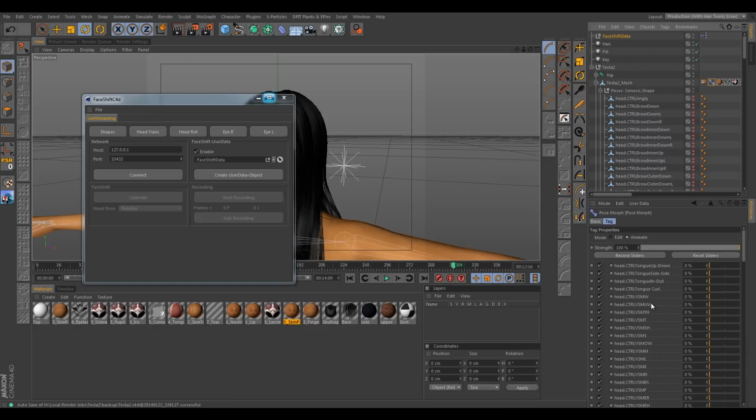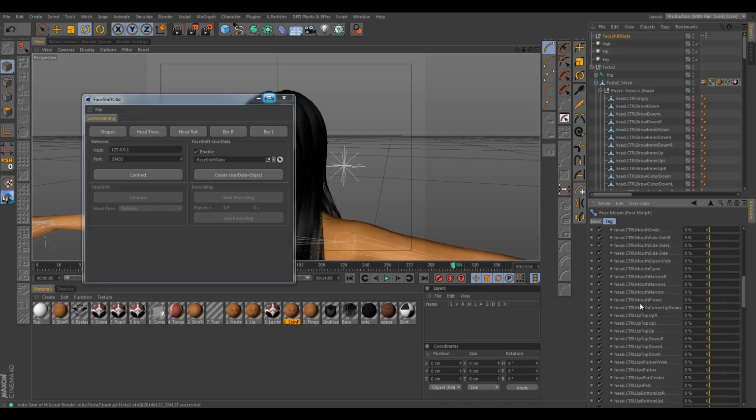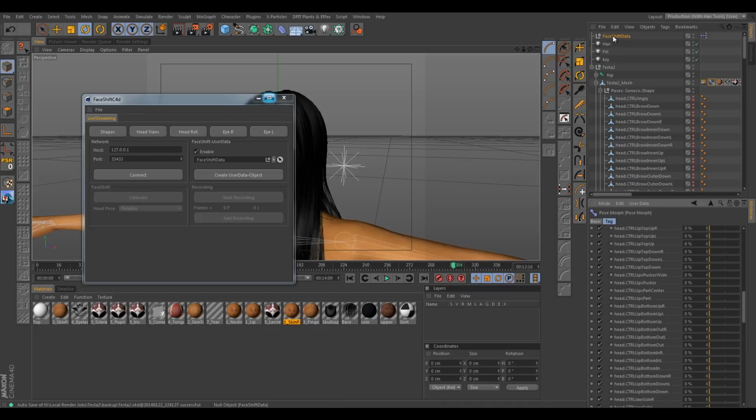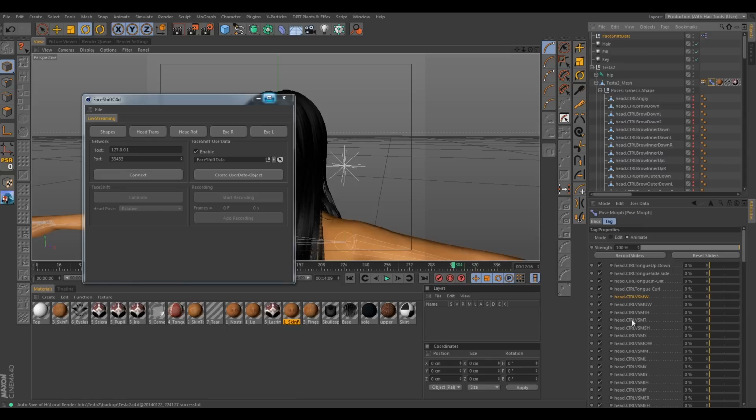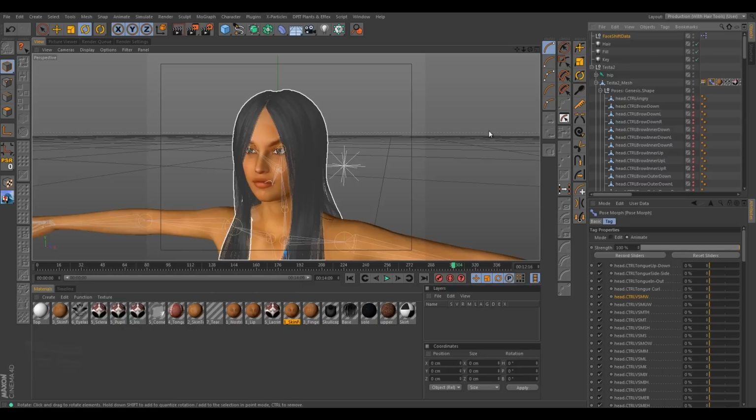So all we need to do really is figure out what DAZ morphs correspond to these Phaseshift morphs, rename them, and then when we click shapes, if they're renamed here, everything will automatically link up and we'll automatically have facial animation.